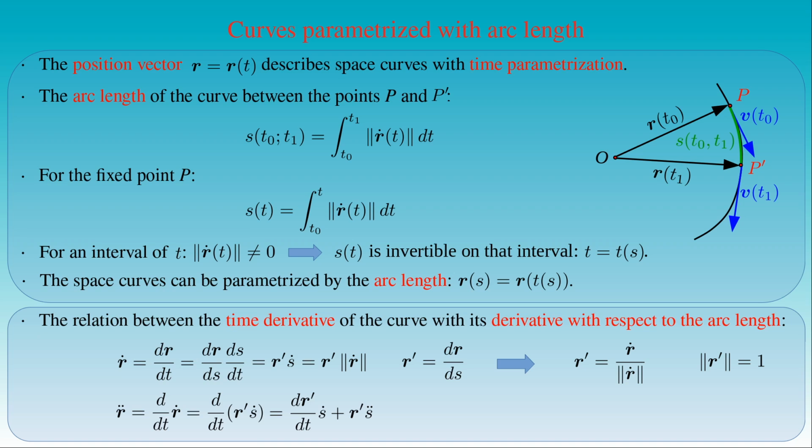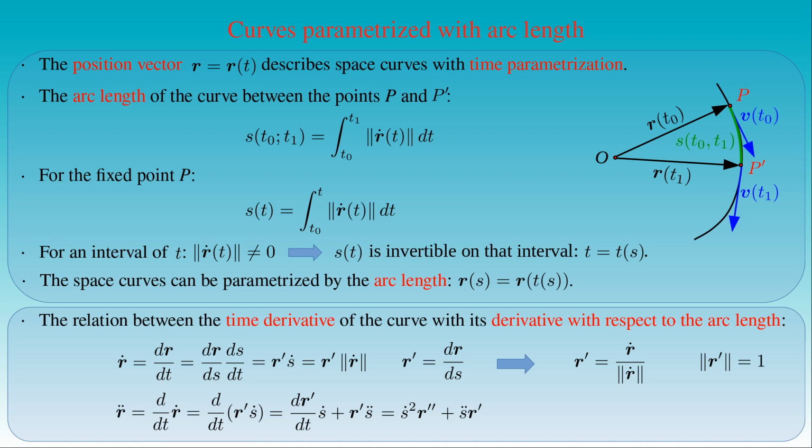The first term gives the square of the time derivative of the arc length s, times the second-order derivative of the position vector r with respect to the arc length. The second term is equal to the second-order derivative of the arc length s, times the derivative of the position vector r with respect to the arc length. Now we have expressed the first and second-order time derivatives of the position vector in terms of its derivatives with respect to the arc length.